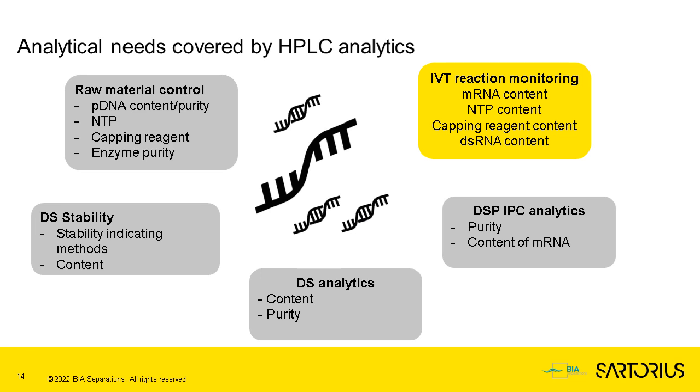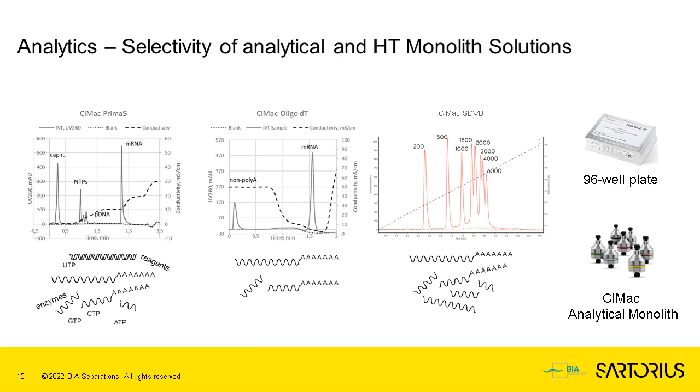On top of this, there's value added in measuring the concentration of capping reagent, being one of the most expensive reagents in this already expensive reaction, and potentially also double-stranded RNA content, which is one of the most critical impurities. And so I want to jump into this by presenting 3 different analytical tools which we can utilize to monitor these outputs. The first one that we'll address will be the very simple affinity-based analytical